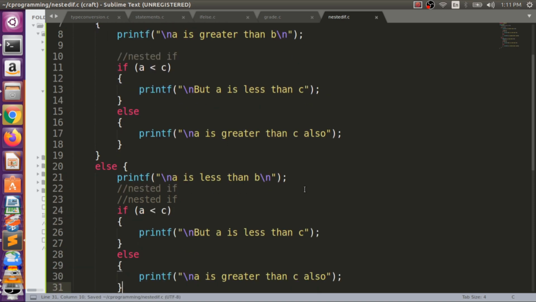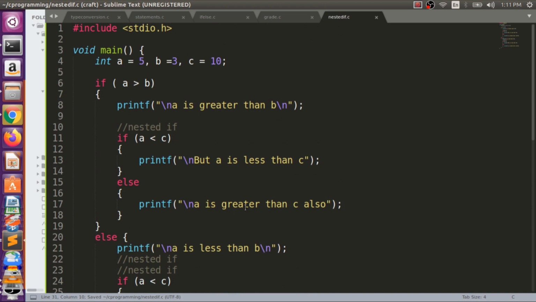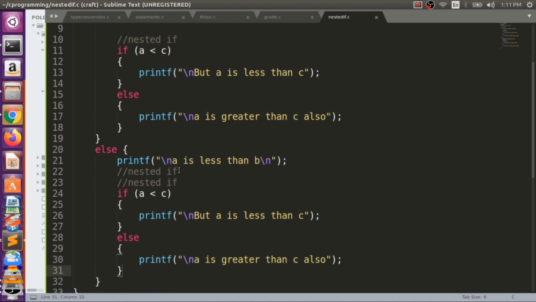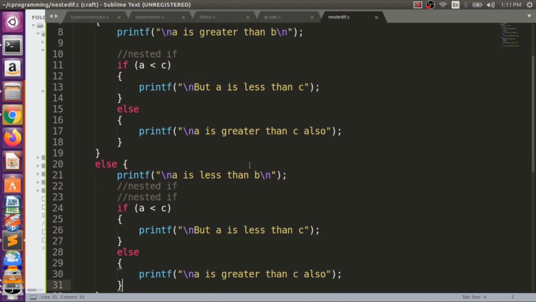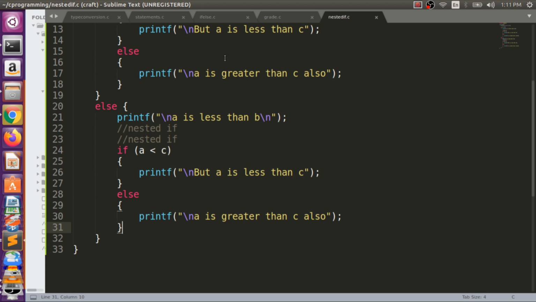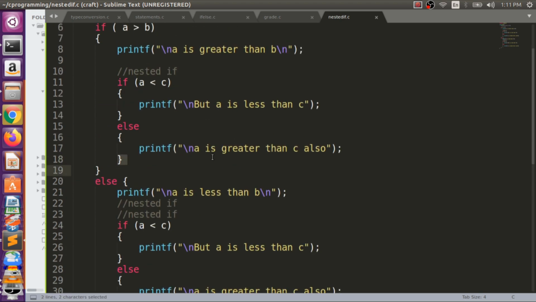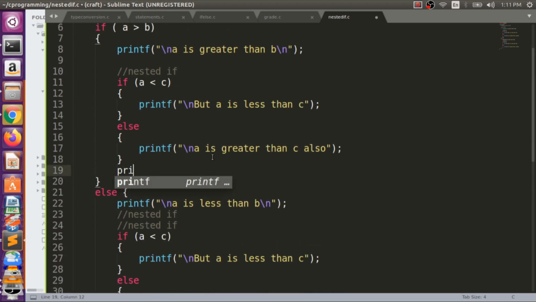So that is here. What we have done, first of all we will check if A is greater than B, then we will print A is greater than B. Then we will see A is less than C. If A is less than C, we will print but A is less than C. Else if A is greater than C, we will print A is greater than C also. But in the next case, A is less than B. So what will happen? In the else we will simply print it out,